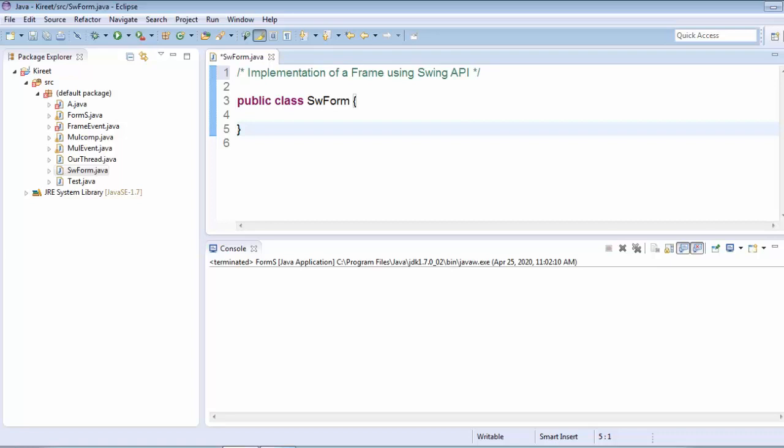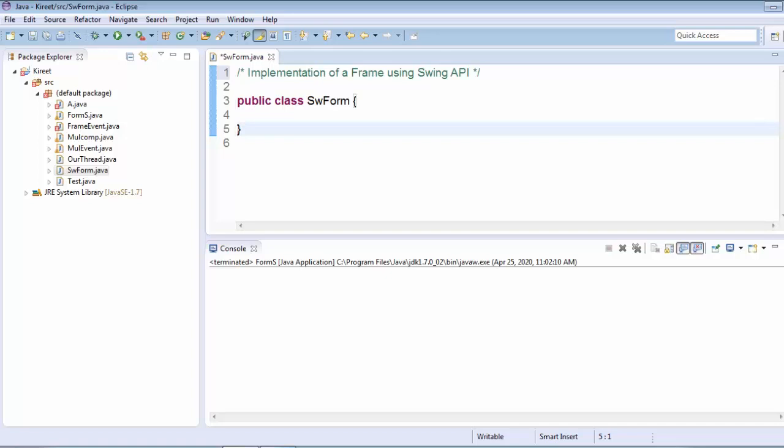My target is that I will put two numbers in two different text fields, and when I click a particular button, an add button, an event must be generated and the result will be displayed in the third text field. So basically it is a program to add two numbers, but not through the console, rather with the help of a frame or a form.